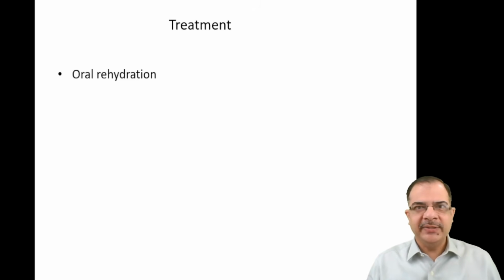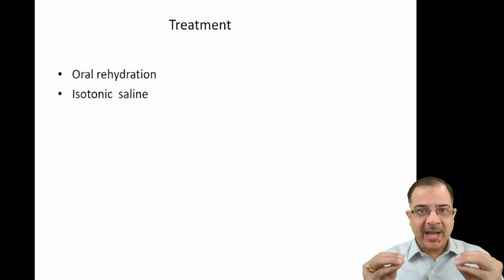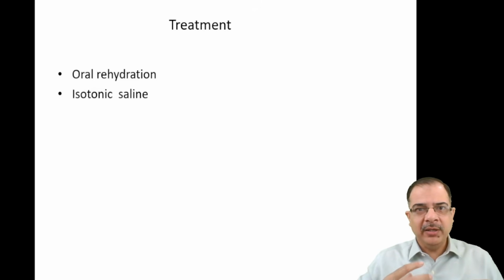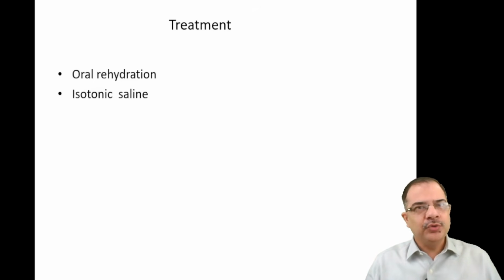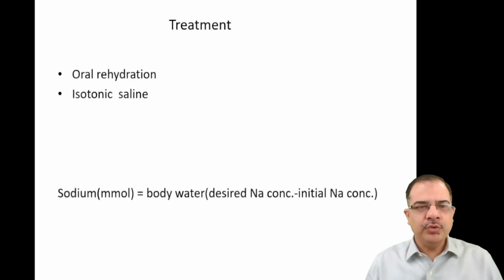The treatment of this is obvious. Give rehydration, which can be given as oral rehydration solution if the patient is asymptomatic and sodium levels are around 130 millimoles per liter. But if the patient is symptomatic and sodium levels are very low, then we can go for an IV fluid. Here the IV fluid which is given should contain water as well as electrolytes in an adequate quantity. So we choose isotonic saline because we have to replace the water as well. So isotonic saline is given.